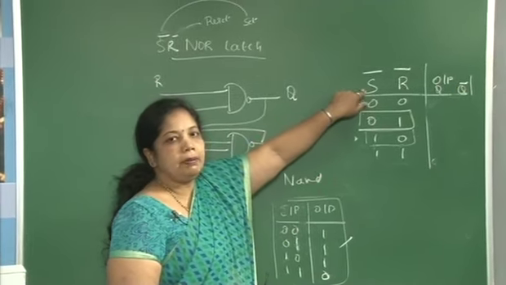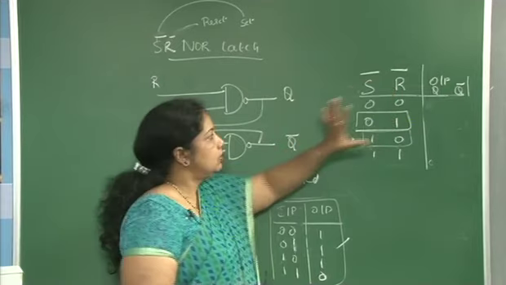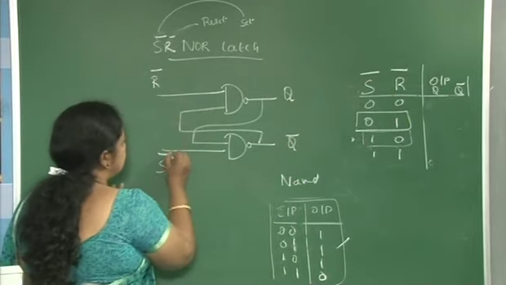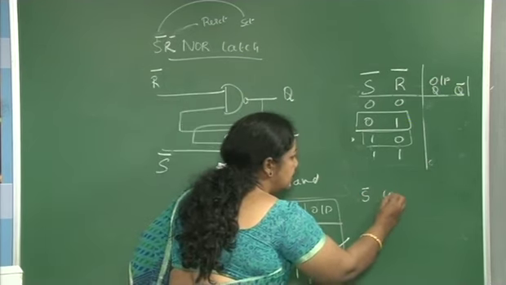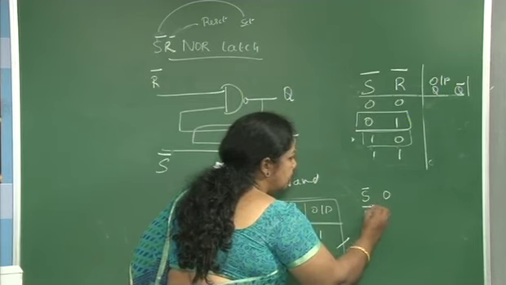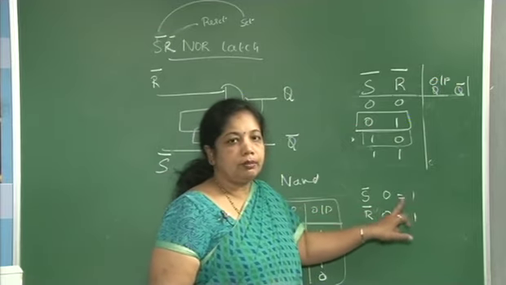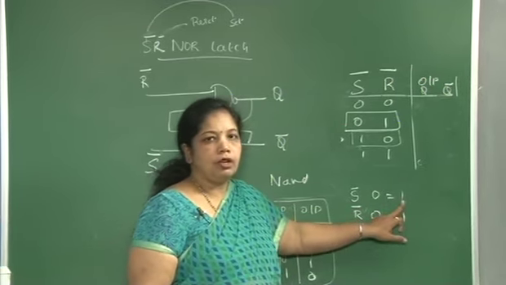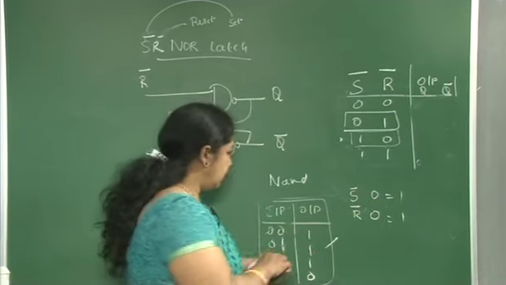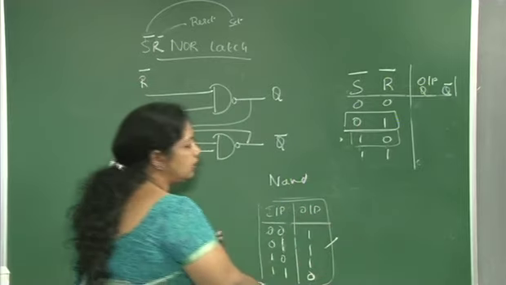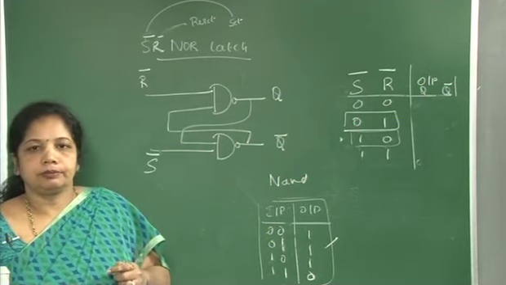So this is the complemented S and complemented R input to the latch. If I say S bar is 0 and R bar is 0, it is nothing but equal to 1 and 1, since when I give input 0 it will be complemented because I am using complement inputs here. So let us discuss all combinations for S complement, R complement, NAND gate latch.